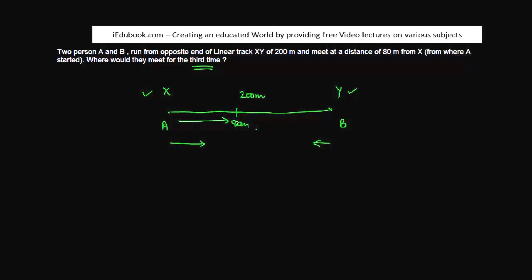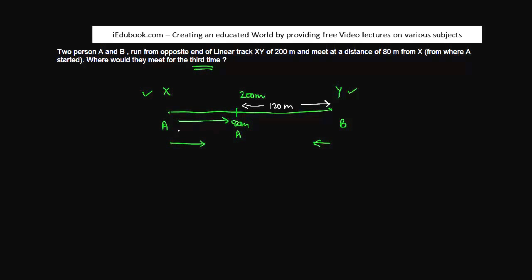Now, in this case, we are not told what the speed of them is, right? But if you notice, in the time when A covered 80 meters, I mean A started moving from here to here, so he would have covered 80 meters. What is the distance which is covered by B? B would have covered 200 minus 80, or 120 meters,